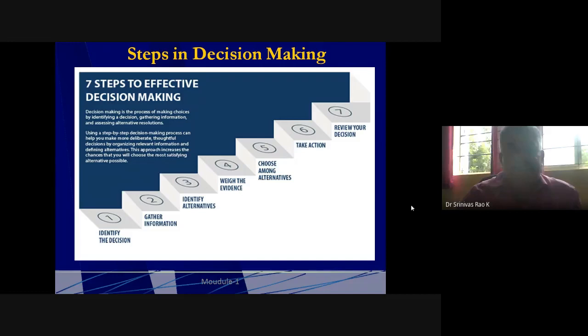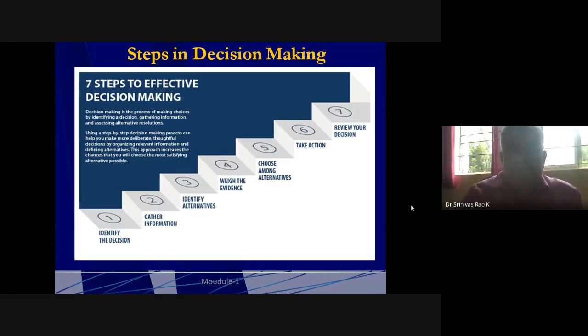For taking a decision, it is not just that somebody tells you, sir, I'll go with plan A or plan B, and you say plan B. No, you first have to see which are the good things. So gather information. Without gathering information, without doing analysis, don't blindly say A or B. Taking a decision doesn't mean you immediately decide and ask them to do something harmful. First identify the decision, then gather information regarding that decision, then identify alternatives.